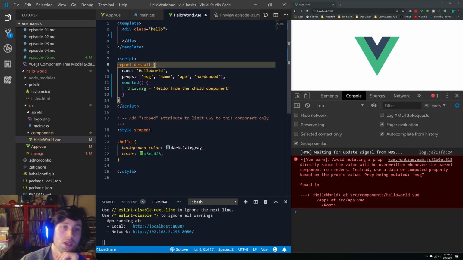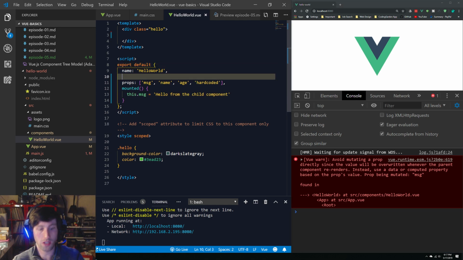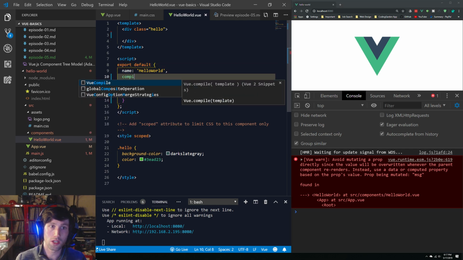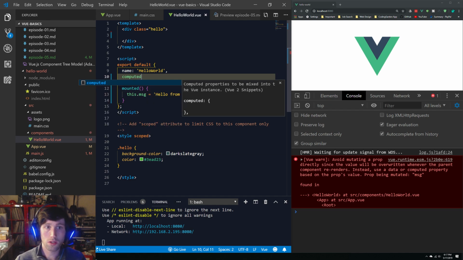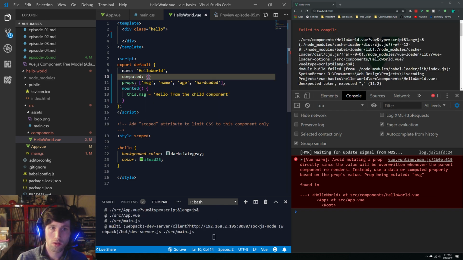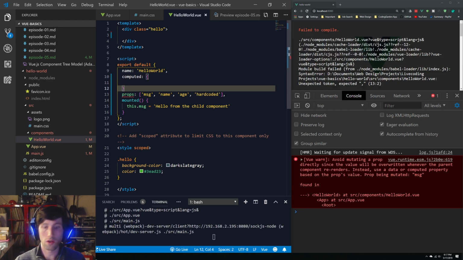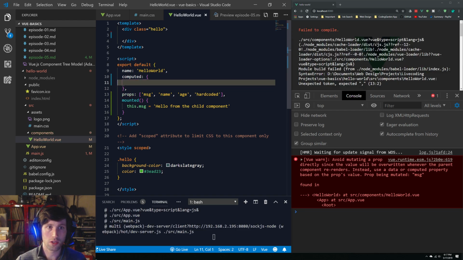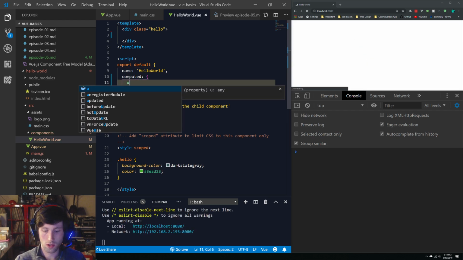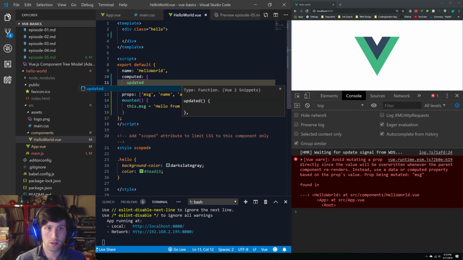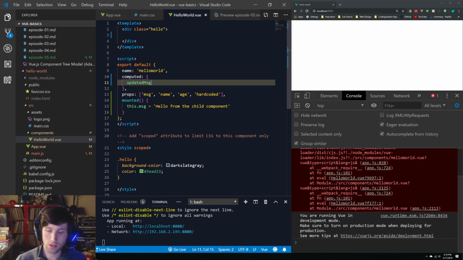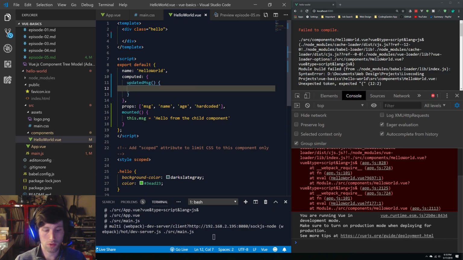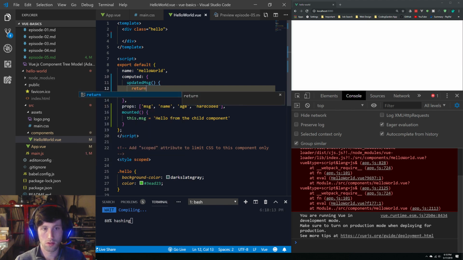So what it's saying is that I would want to set up something like a computed property, and so I would say computed and our object. And so in here we will do updatedMessage, just like that, and that will be a function, and it will return